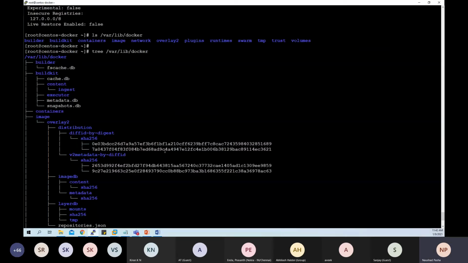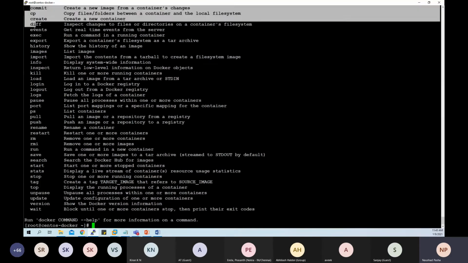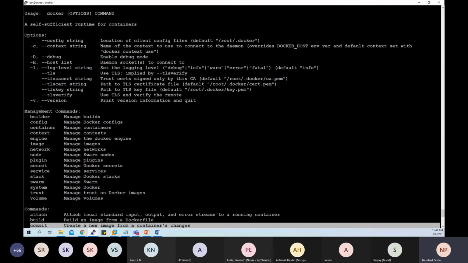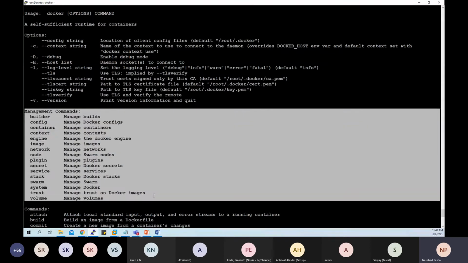Let me show you that. If I just run the command docker --help, there are many commands that you use to run, and these commands are going to be deprecated. Instead, these are the commands that are recommended to use, the management commands. Let me take this information to the notepad.